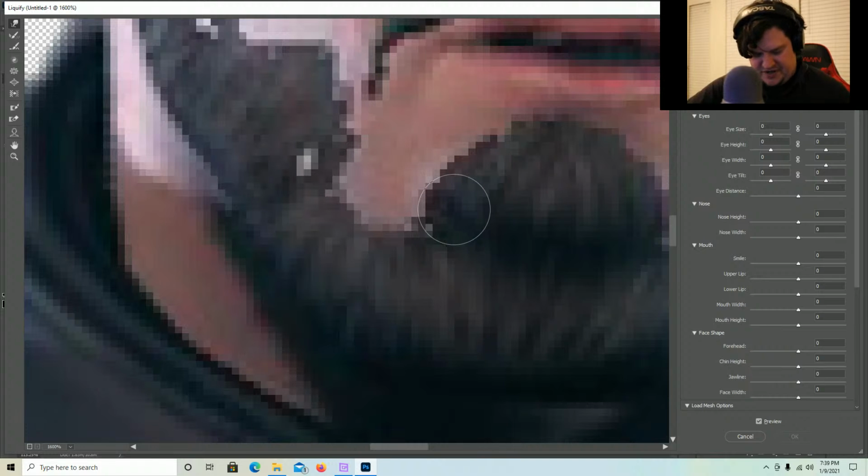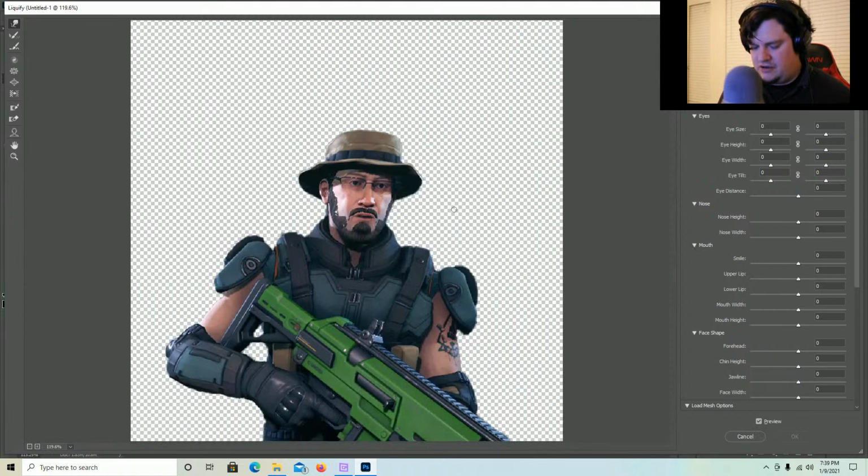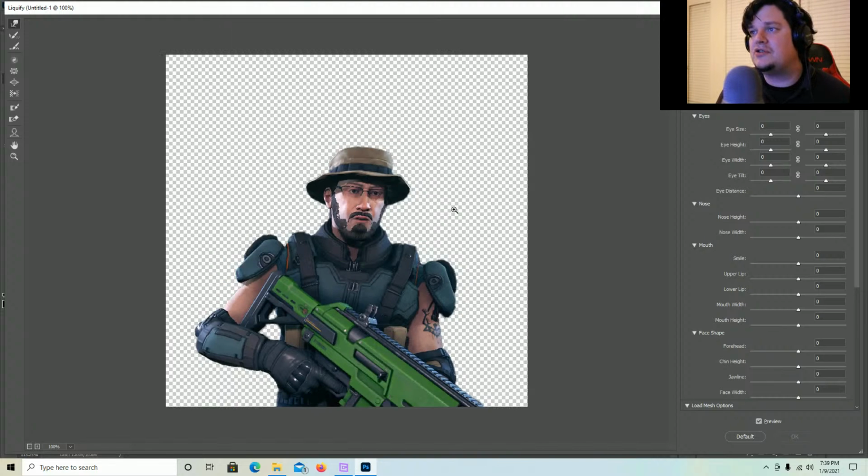However, by pressing Control 0, you can go to a full canvas. By pressing Control 1, you can go to 100 percent zoom. Control 2, Control 3 should do it, but it's not, and I'm assuming that's because I'm on the liquify tool. Okay, so